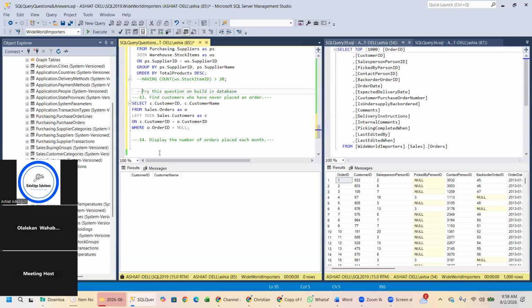So question 14. Display the number of orders placed each month. In this case, we are not using two tables. We are working on only the orders table. So let's look at our orders table right here. We are going to work on dates. So we extract year, month, and that will count our total. Very simple. Let me start from